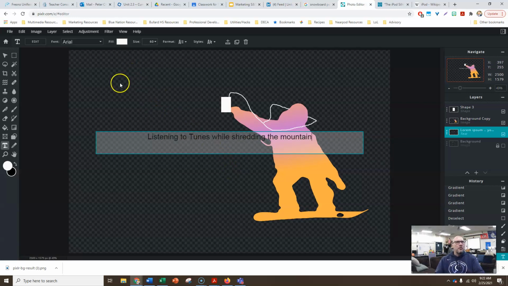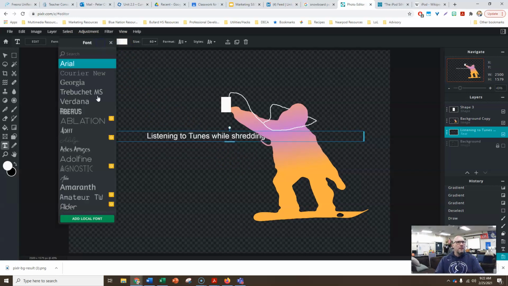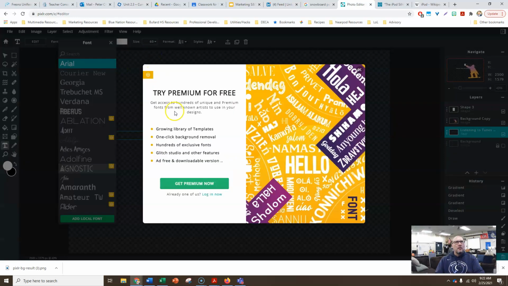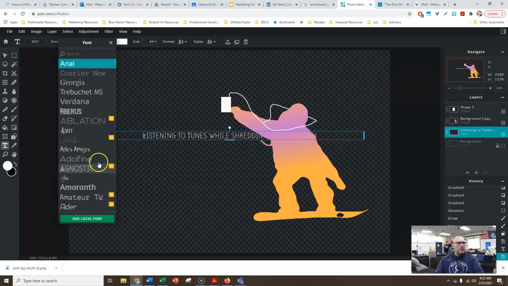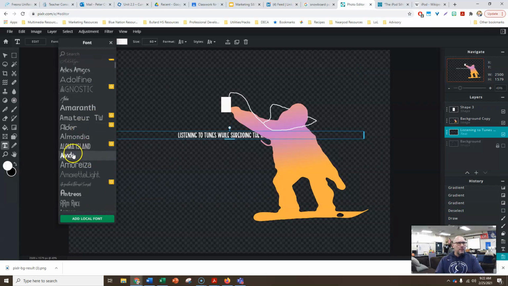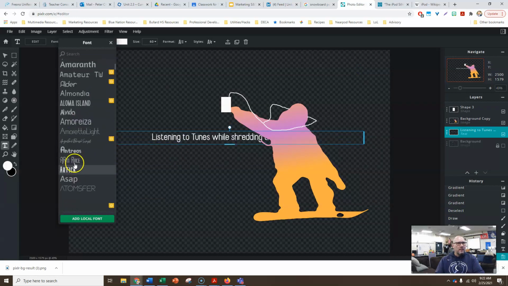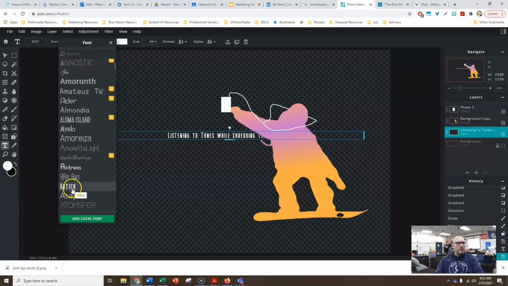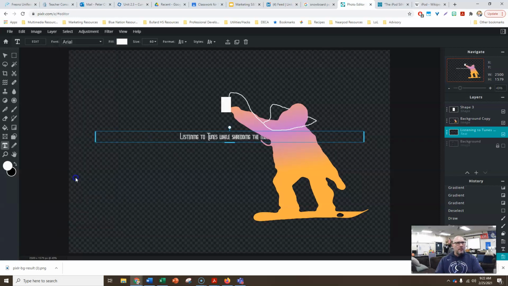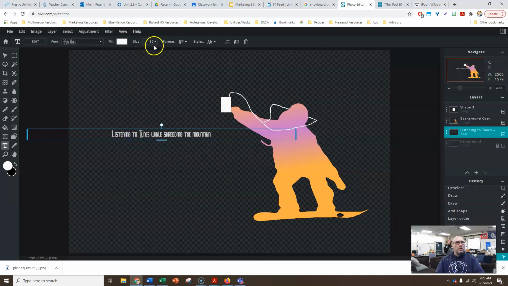And I can do all sorts of cool stuff with this. I can change the font type to something cooler. Oh, that's a premium one, so we don't want to pay for that. Anything with a yellow square, they want you to pay for. So pick something that's not that. Let's go with, that's kind of cool, I like that. And I might want to go with a larger font. So I like that,